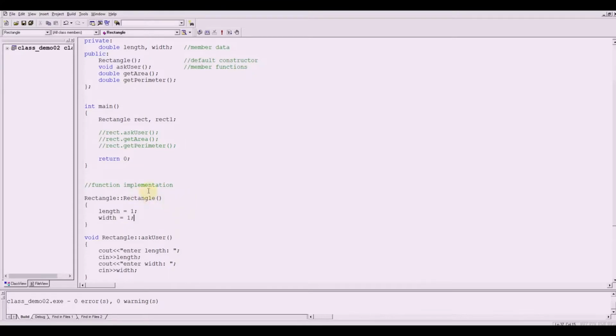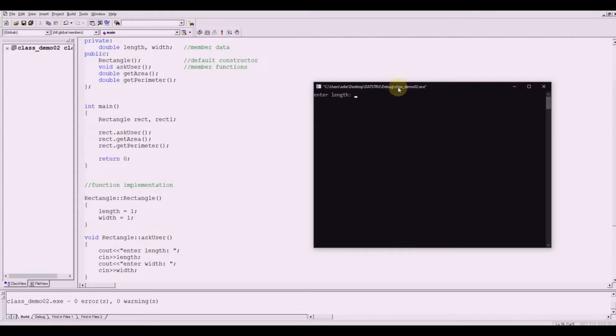Now, what if, for instance, I have this? Compile, run. Basically, this would give us the output, right? Something like, enter the length 5, enter the width 2.